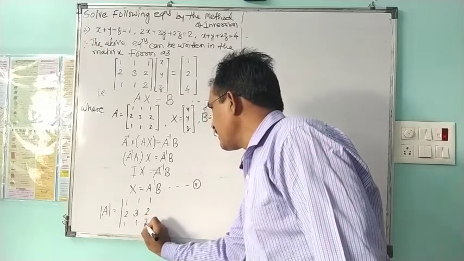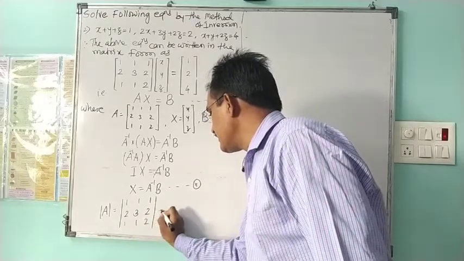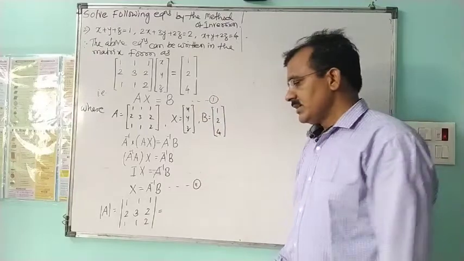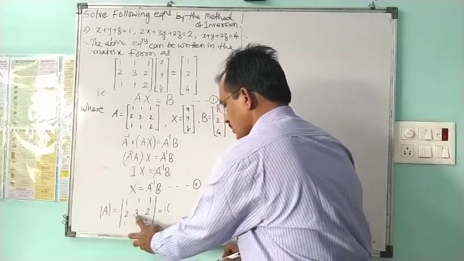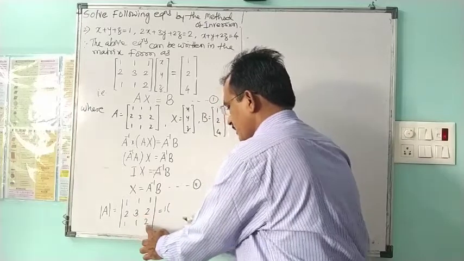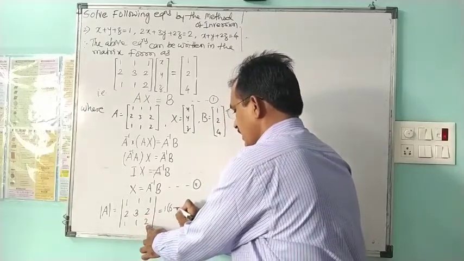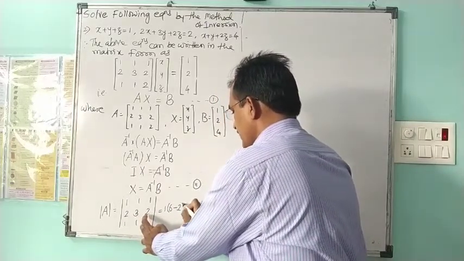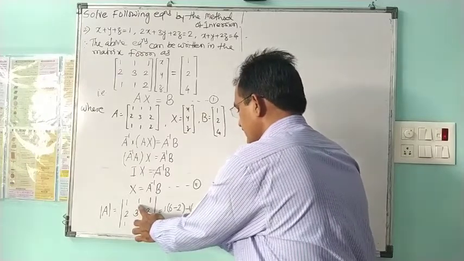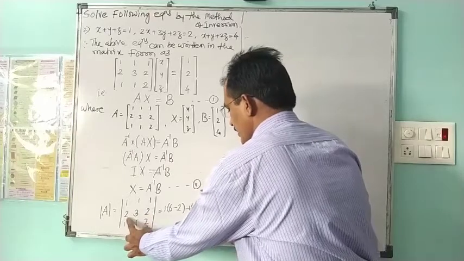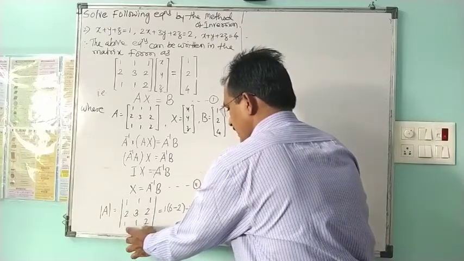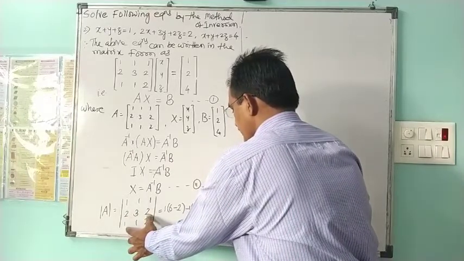Its expansion can be taken using the first row. So expansion will have 1 and cross of the remaining 4 elements. So this will give us 6 minus 2. Then the middle element with minus sign and cross of the remaining 4. So the remaining 4 gives us, first 2 gives us 4 and next 2 gives us 2, minus in between there,